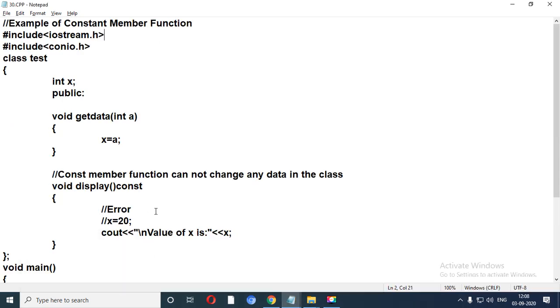Second program, constant member function. Let me scroll down.